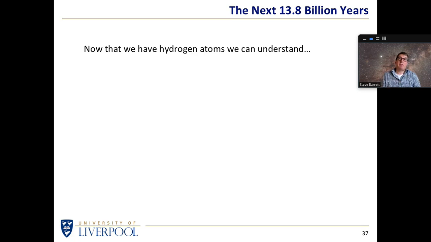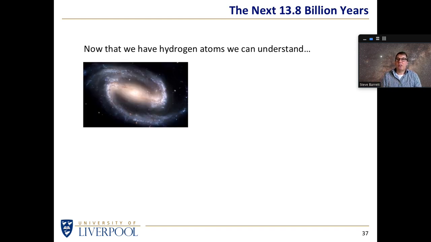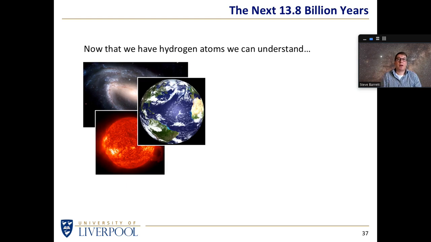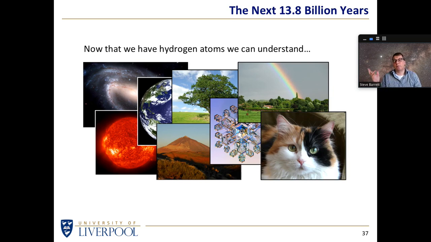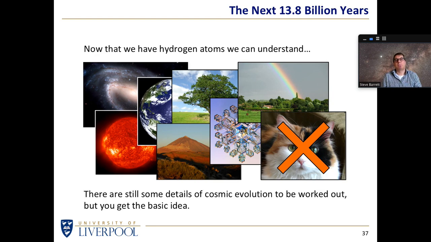Well, essentially, if the Big Bang Theory tells us we are going to make shed loads of hydrogen and quite a bit of helium as well, if we start with hydrogen, then we know that if you take a cloud of hydrogen and collapse it, you'll make a star. So basically, as long as we start with enough hydrogen, then we can understand galaxies, we can understand stars, we can understand planets, we can understand trees and mountains and snowflakes and rainbows and cats, and okay, probably not cats. I don't think we'll ever understand cats. But as long as we start with enough hydrogen, we can pretty much trace how everything else came to be.